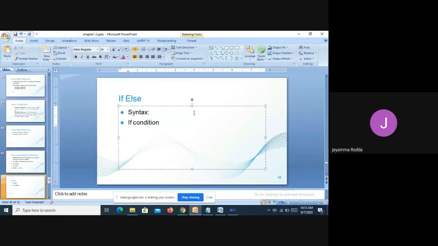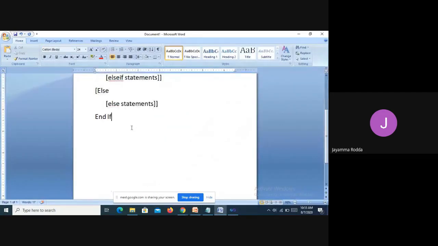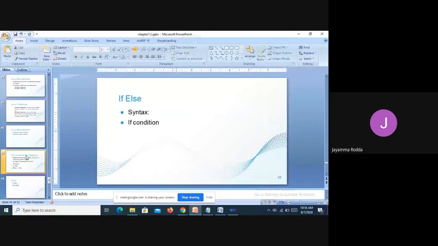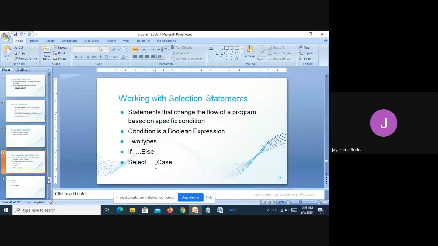Let us go back to the if else. The first statement is the if else statement. In the selection statements, the first one is the if else statement, and the second one is the select case statement.